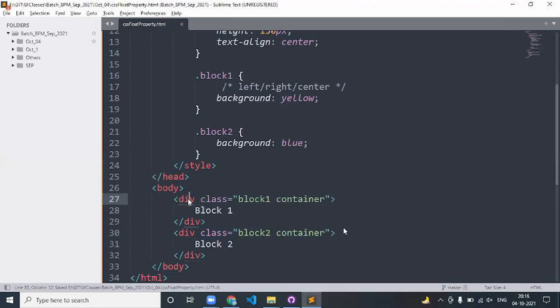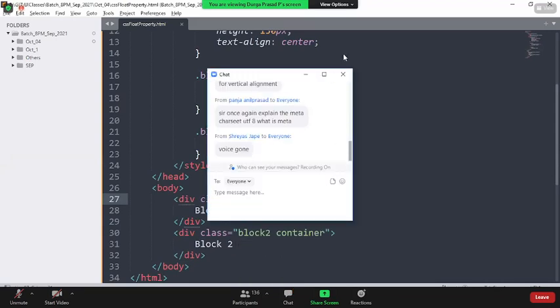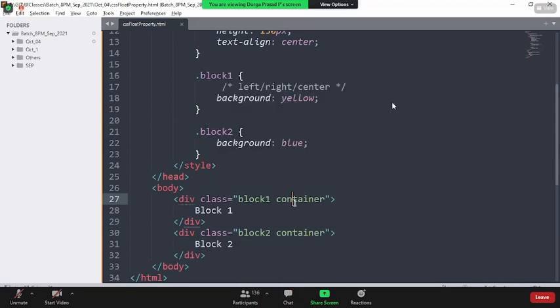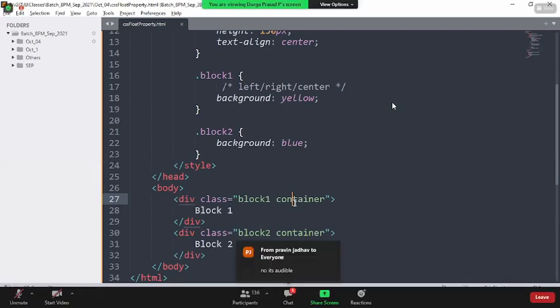So for further development, not only a single class, we are adding multiple classes to that element. Right now I have added 2, but you can add any number of classes. Simply class 1 space, class 2 space. Space is the separator between the classes. It's not a comma, it is a space. You can have any number of classes for a single DOM element. I can call it a DOM element because it is participating within the DOM structure.